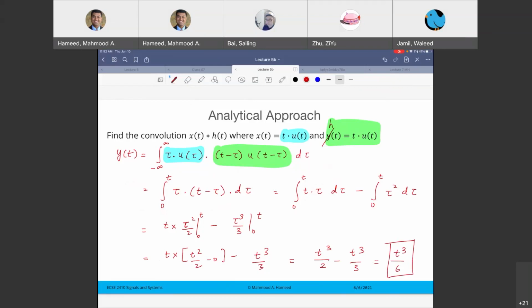I think we need to do one more thing. It starts at 0 and ends at infinity for both the input and the impulse response, so the same thing applies for the output as well. All right, t cubed divided by 6 u of t. Questions with this example? Going once, going twice,